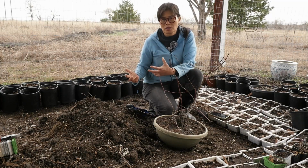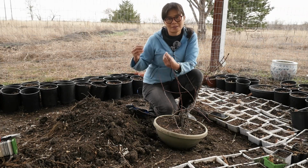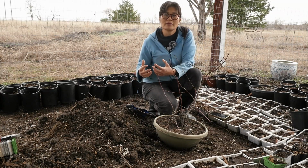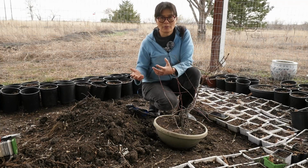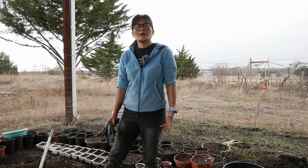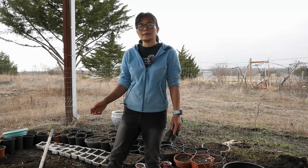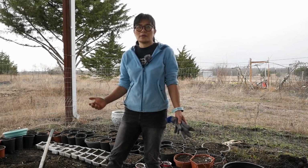A lot of people suggest that you can cheat the seeds by stratifying them in the refrigerator. That could be quite messy. So I like to do natural stratification. That means I put the seeds in the pot and then leave the pot out and let nature do the work for me. Another reason to plant fruit tree seeds in the pot in winter is because of our